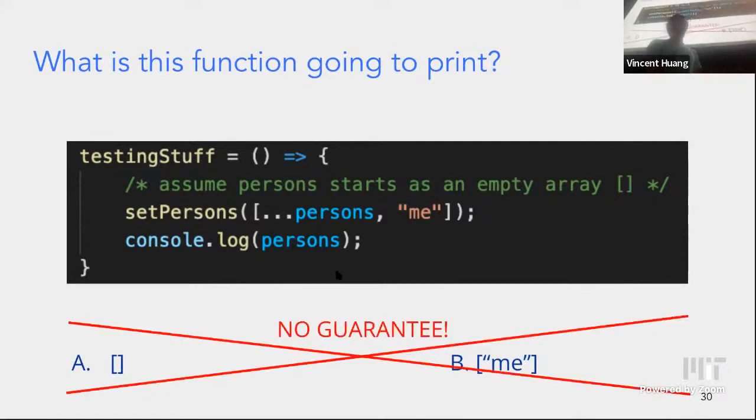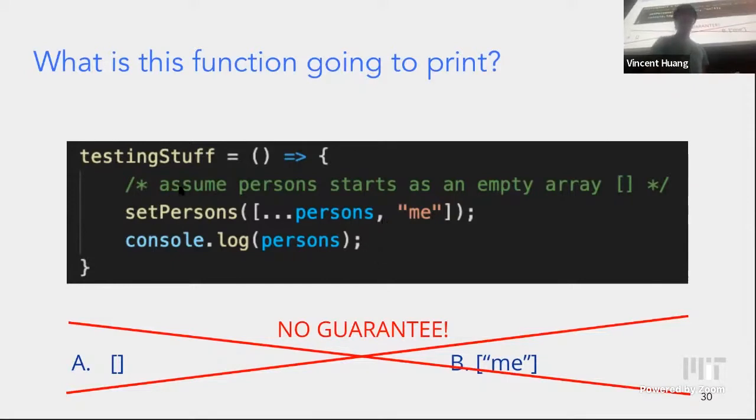The reason for this is that the set persons function is asynchronous. What that means is that when we run this code, we will do a function call to set persons, which updates the persons, right? But set persons will take some time to finish running. And in the meantime, we're going to immediately also call console.log, which will print the value of persons. So what this means is that